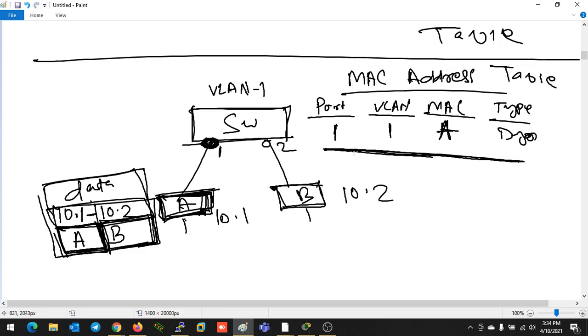That's why I don't have any entry in the MAC address table. Here we can see the first entry only because A sent some data towards the switch. Until B also sends data, there will be no entry for B. That's why the switch doesn't know the MAC address of B.